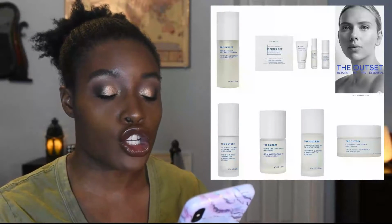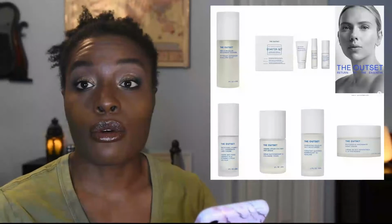But the fragrance is $295. And that's the cheaper of the two. The more expensive one is $395. Do y'all have a sample for free? Like, no ma'am, no Pam. I'm going to pass. Scarlett Johansson's skincare line looks like it is coming straight to Sephora,